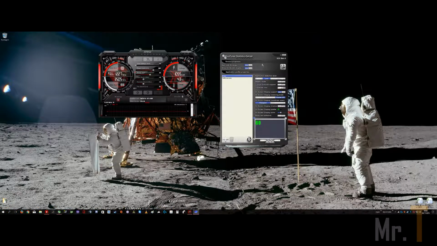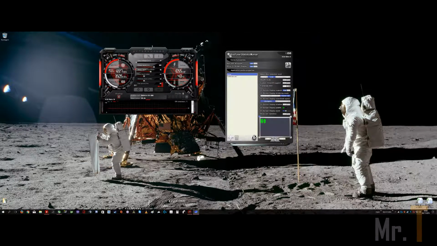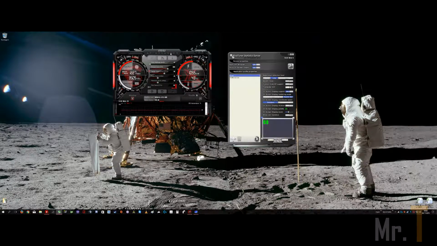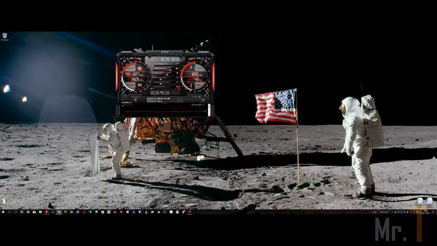So the first thing you need is MSI Afterburner and RivaTuner Statistics Server, which come included in the same installation of MSI Afterburner. After install, you need two simple steps. You need to go from here in this option,